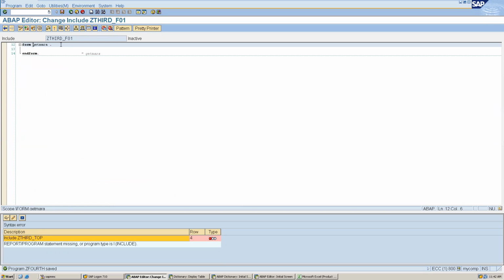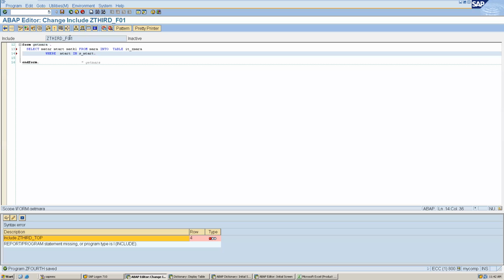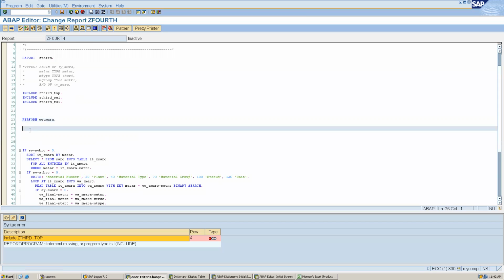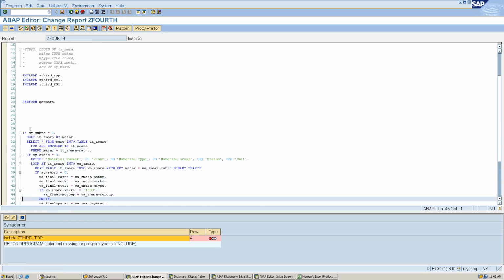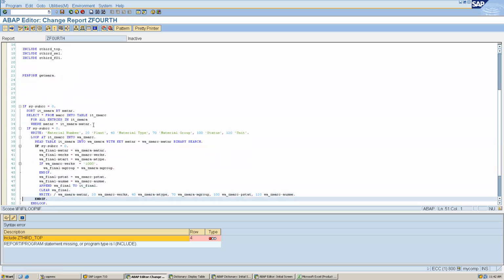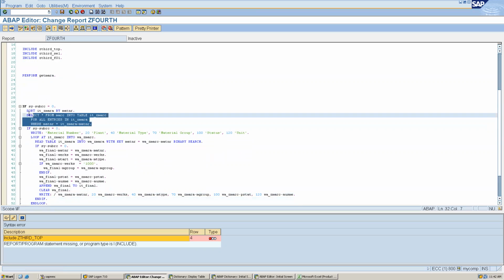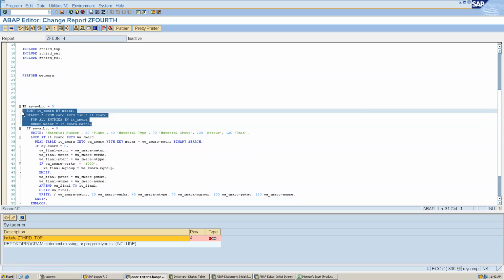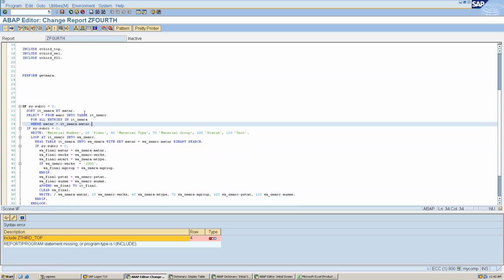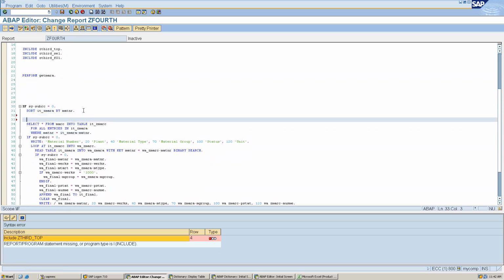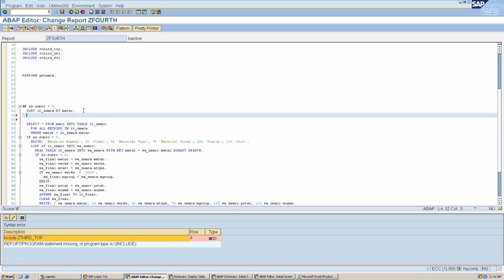Here I have done this, and now I want to select Marcy, right? So what I can do is move this program, or only this code, for example. I will create one more perform, get Marcy.